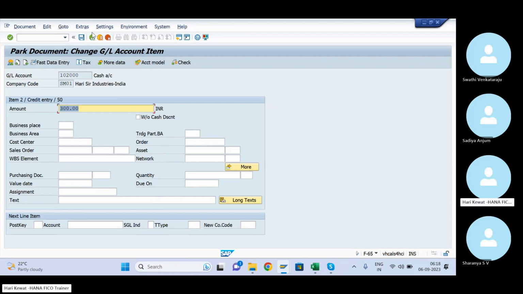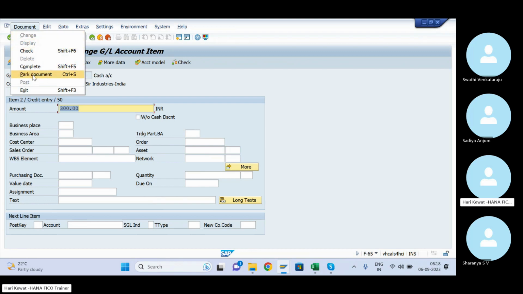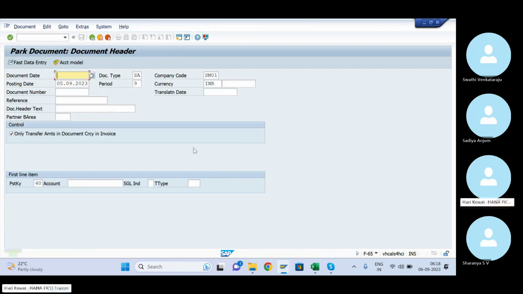Already you are in park mode, so you can click on the save button. Save means it will park the document. You can simulate also. Park is given directly here also, so you can park here also. However you feel, it got parked.